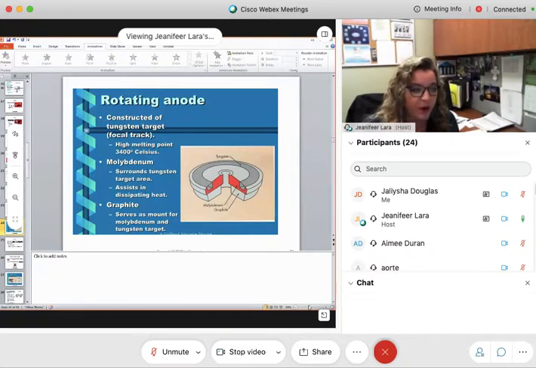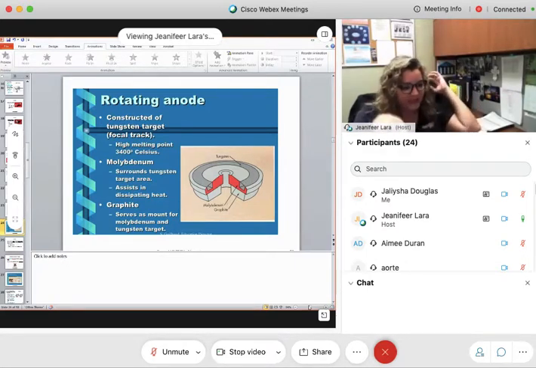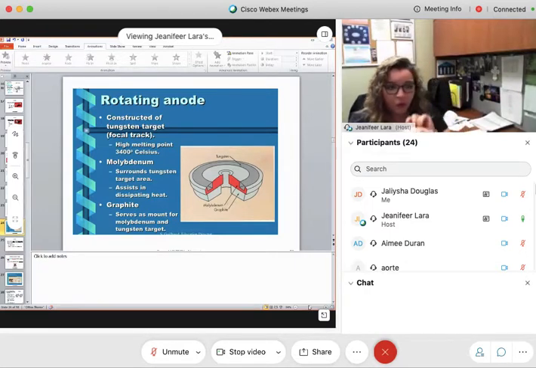Now remember, there are different parts. If we think of this as our entire head, we have different parts of our head. We have the disc, which will be our face. If we put a ring around our face, that'll be the focal track, because if our face is going to spin, there is going to be a track that is formed. That is going to be tungsten. Only the focal track on the anode is made of tungsten with